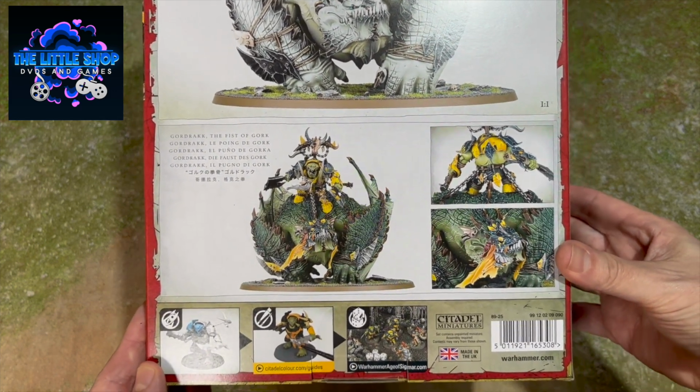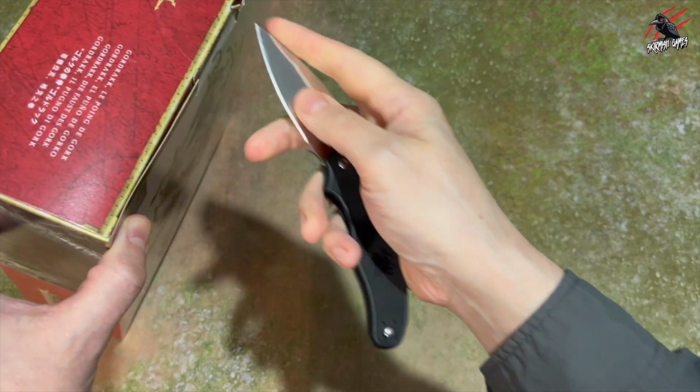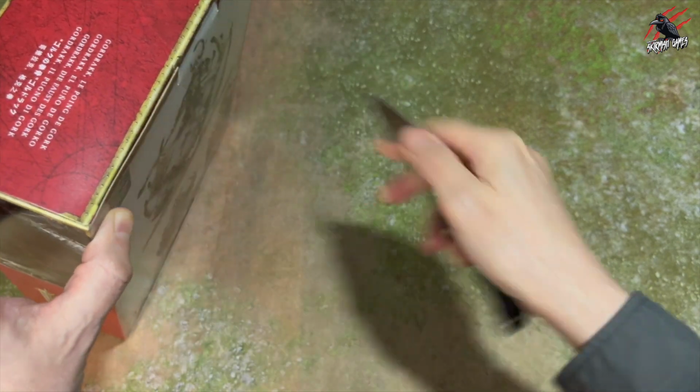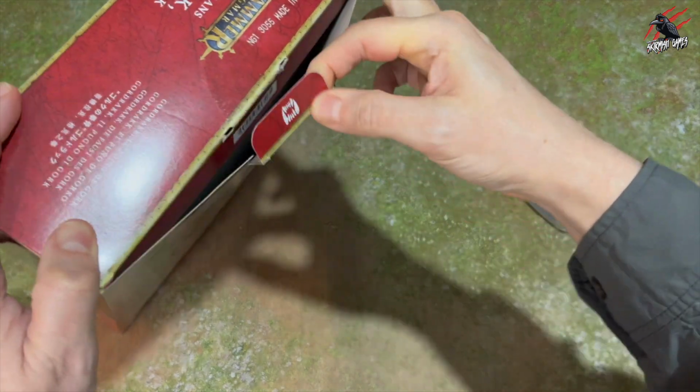I can't wait to get this model built, and I picked it up to be part of my new army, the Iron Jaws, that I'm putting together. So let's get it open and we'll have a look at all the contents. And then once we've seen the sprue, the books and everything you get in the box, I'll get the model built and compare it to some other models too, so you can get a really good idea of just how